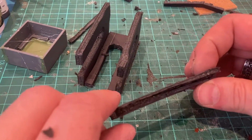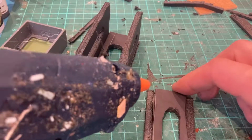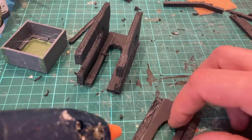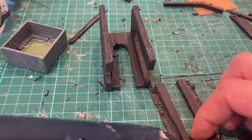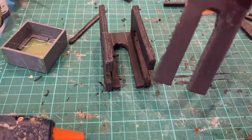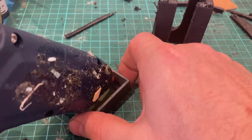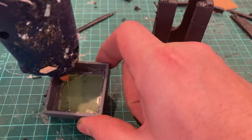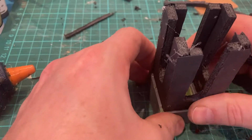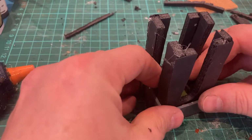The last bit's a bit different. I've taken away an edge on one side and the other, and then come in with my hot glue on both sides. Work fairly quickly. And then that fits in the top edge. What we do now, a little bit of hot glue in the inside of this, and we slide this inside, and it will look nice, and it's a tight fit. Slowly make sure it goes down evenly without breaking any of the